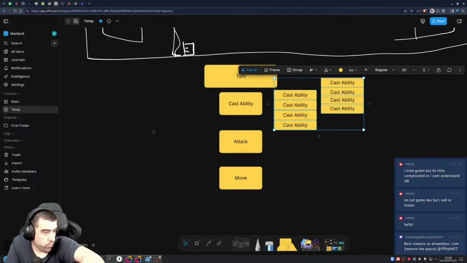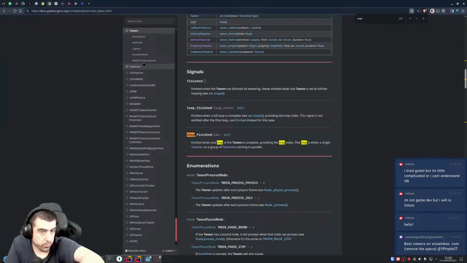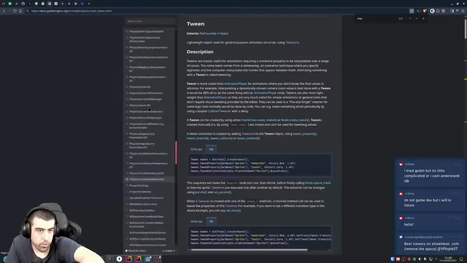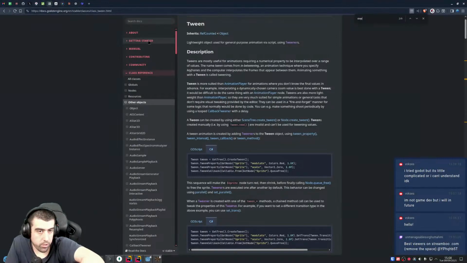Okay, Voxer says, I tried Godot, but it's a little complicated or I can't understand. I don't know. Did you follow, like, they have this here. What is it, like in the documentation they have